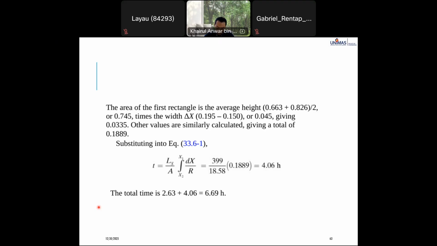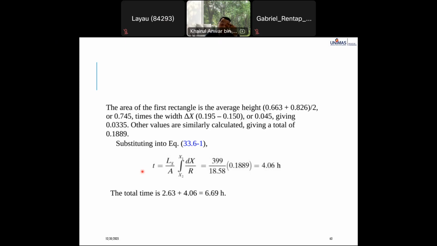So to get 1 over R, you use 0.663 plus 0.825 over 2. And to get delta X, times the width delta X, 0.195 minus 0.15. Setting integration